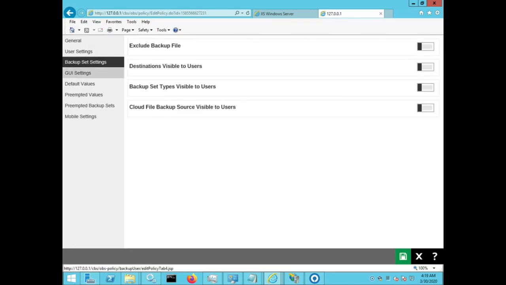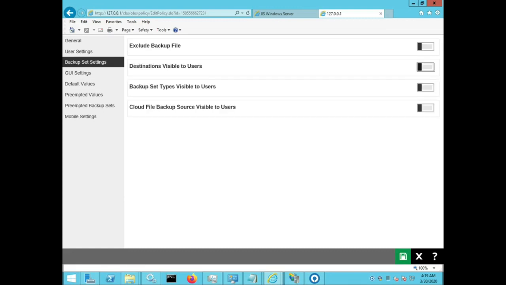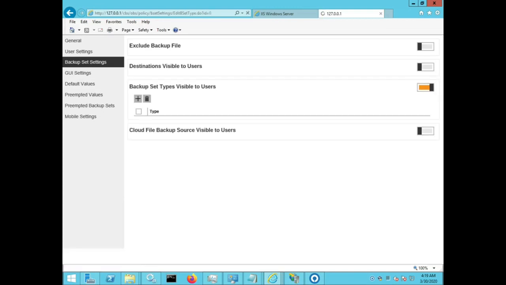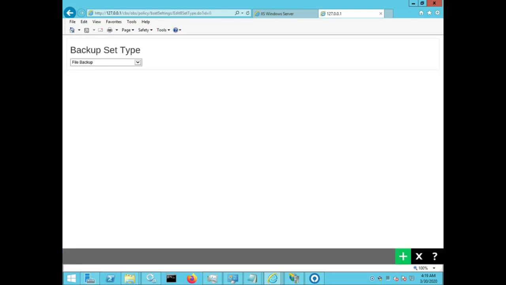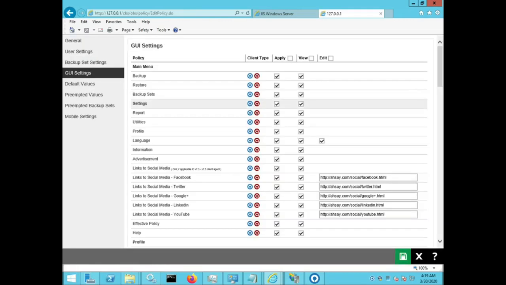Moving down to backup set settings, destinations visible to user, backup set types visible to user. We'll add file backup. Next, under GUI settings,